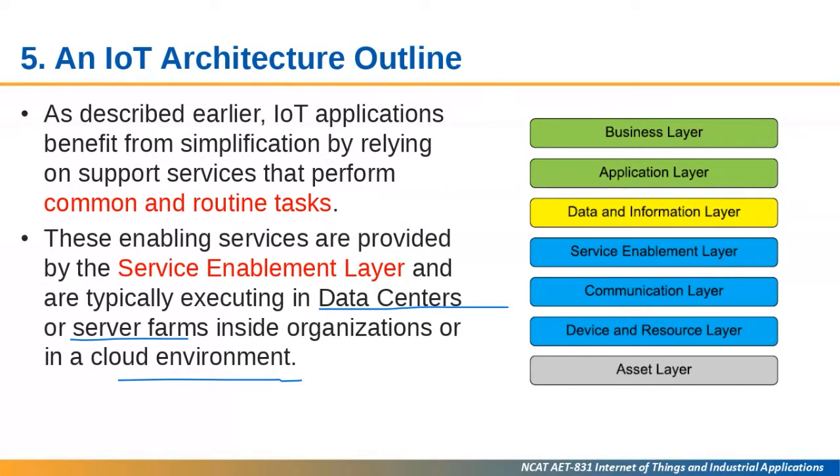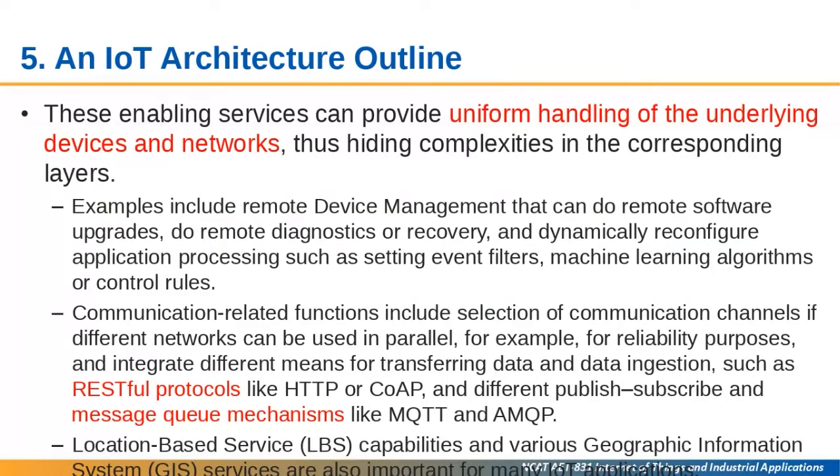For example, they will mark down a timestamp for the data, mark down the originality, and also filter the data. For example, if you monitor the temperature of a room, and there's no change in the room temperature, intermediate data will be removed to save space. So for this layer, the service can provide uniform handling of the underlying devices and network,